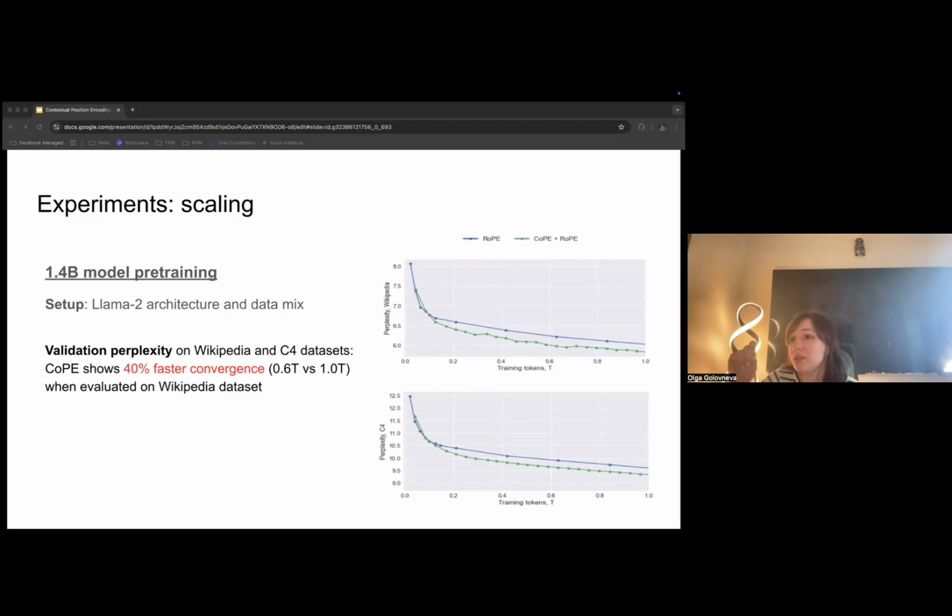In the beginning, you see that the validation perplexity of our method is slightly higher, so it needs some time to catch up to learn this positional encoding. And then when it's done so, it outperforms RoPE, with almost constant perplexity improvement as it keeps training.